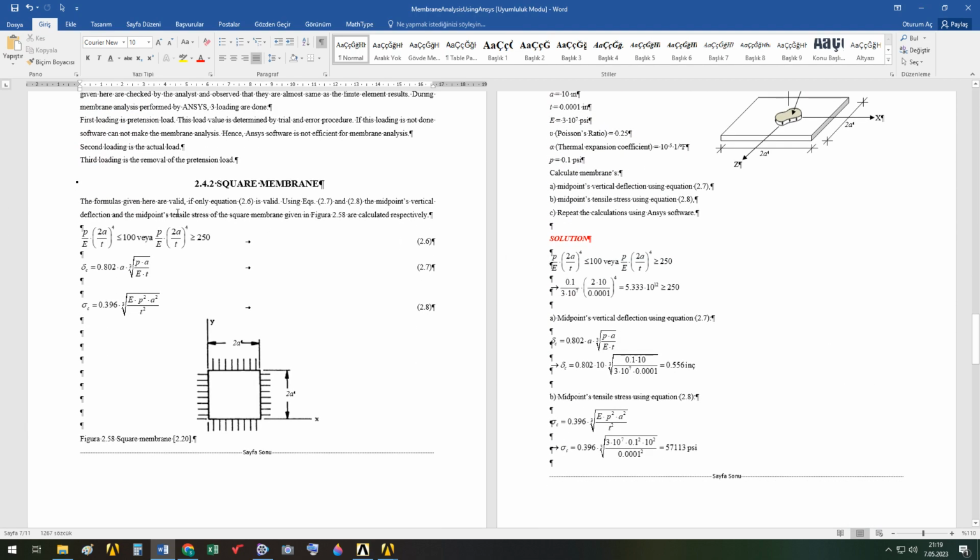So I have shown the solution of a circular membrane by means of hand calculations and, let's say, Ansys. And then we will see the calculation of a square membrane